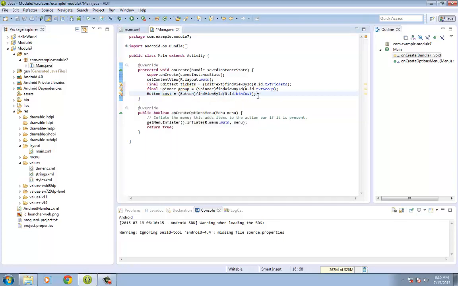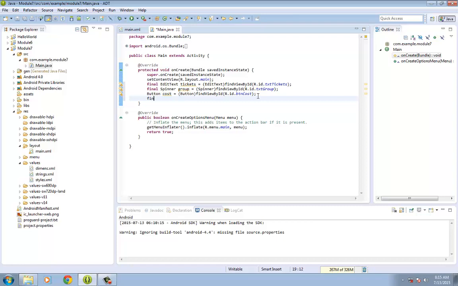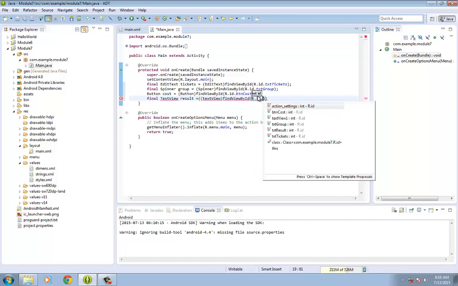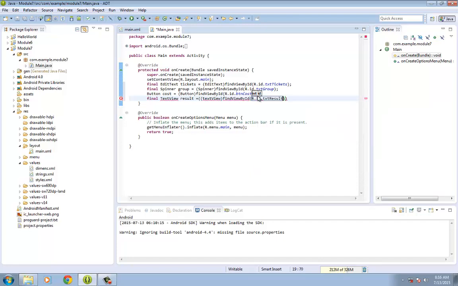to import it again. And then last, type in final TextView result equals TextView, then findViewById, R.id.text result, then semicolon, and then just